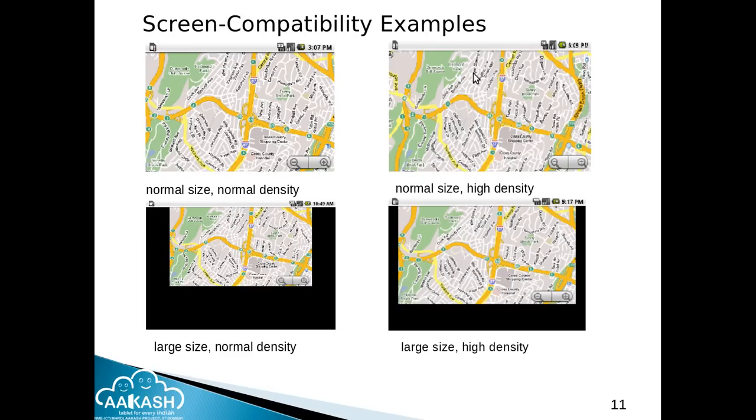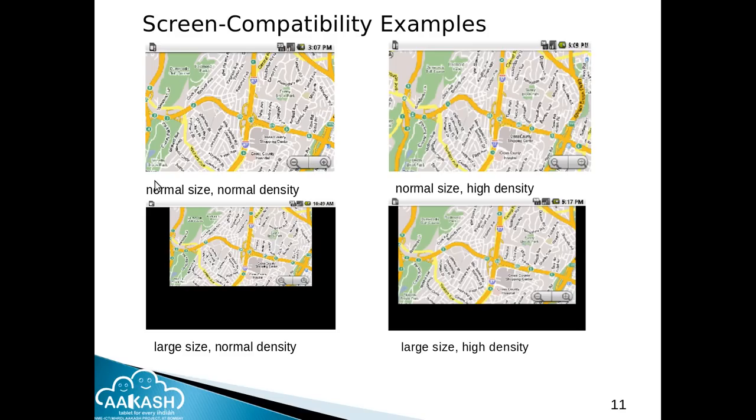High density means in a small area of the image it will cover more points of the image. In normal density, it will need more area to show the high density.